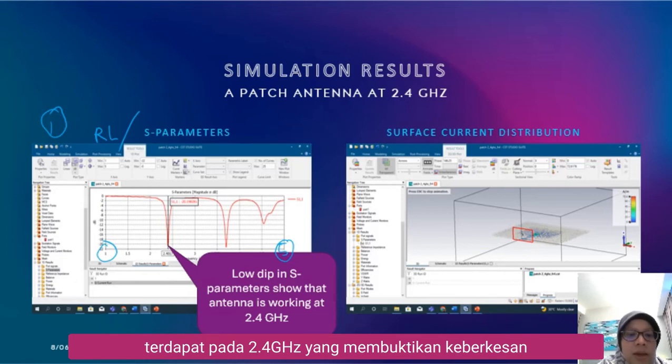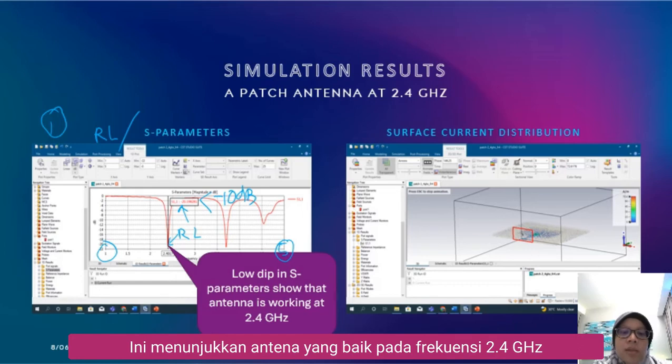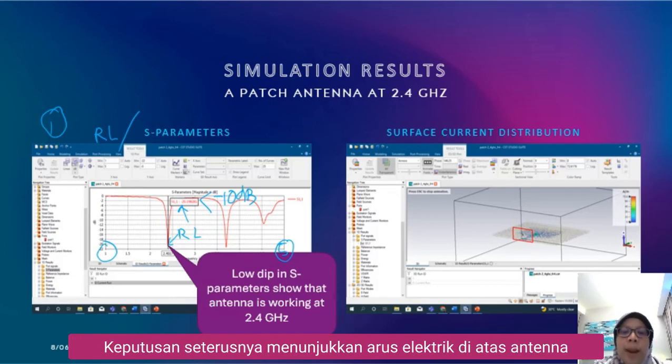So you can see that the return loss here is actually less than minus 10 dB, which equals minus 20 dB at 2.4 gigahertz. So it shows that this antenna is good at 2.4 gigahertz. So next parameter, next result, we are going to see how the